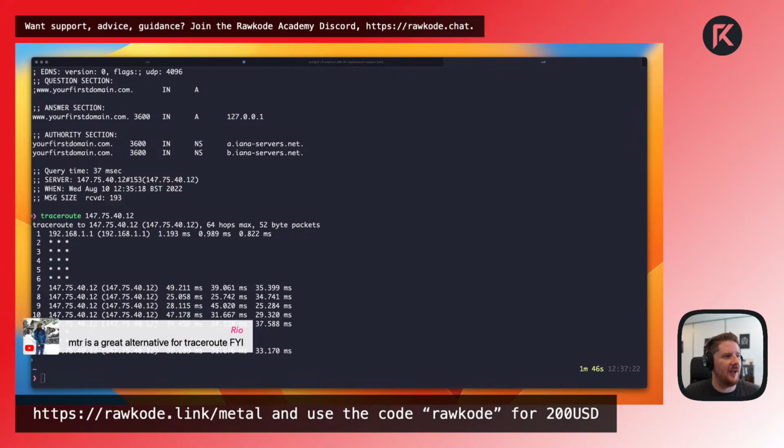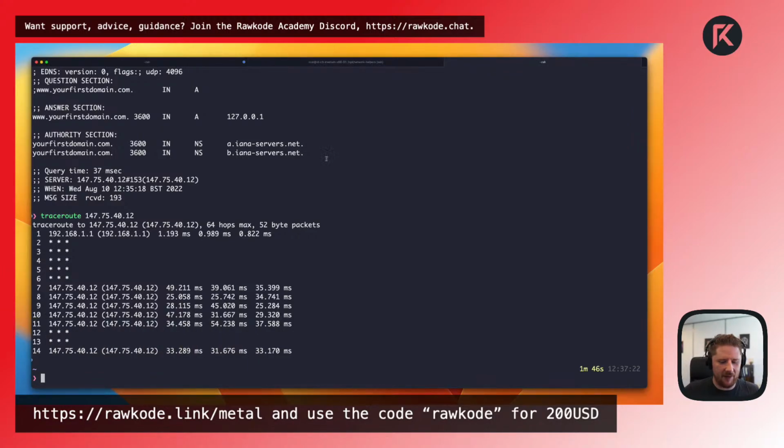And Rio was talking about MTR as well in the comments. Yeah, definitely very cool too. I don't believe I have MTR available. So. Okay,